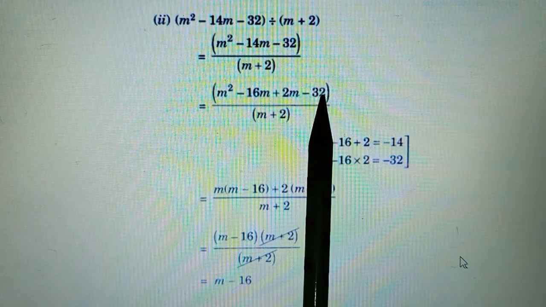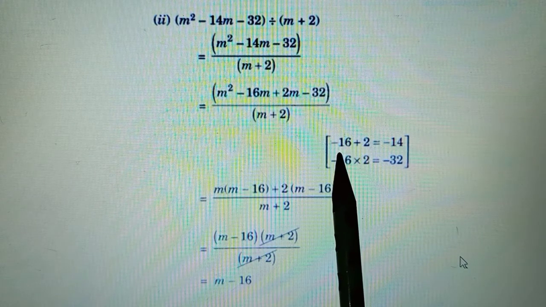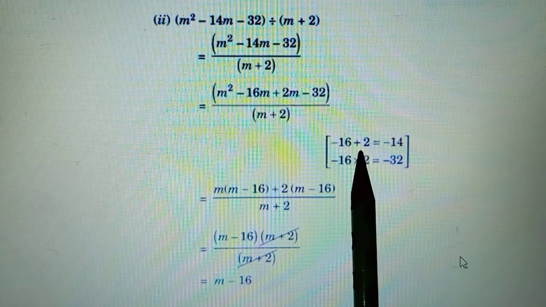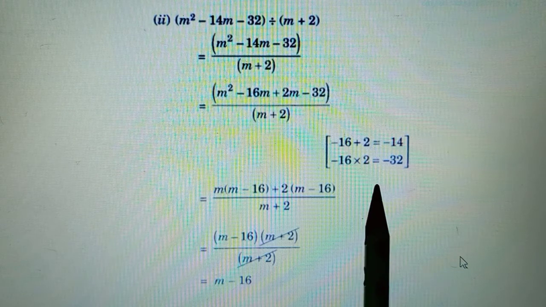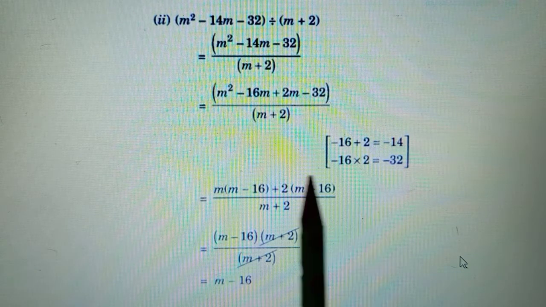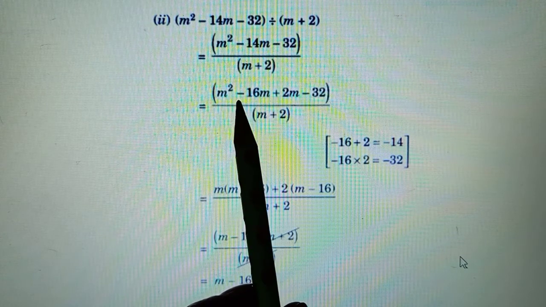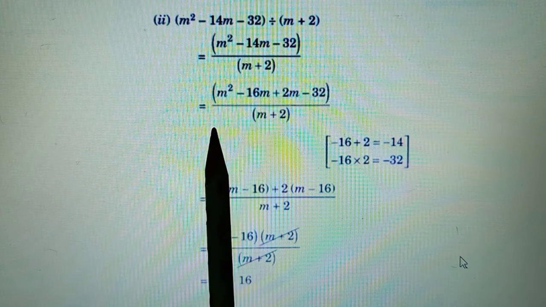So our product was minus 32 to give us minus 14. Factors of minus 32 are minus 16 and plus 2, because that will give you minus 14. Okay, so I hope everyone is clear with how we do sum and product, or the splitting the middle term method. So this minus 14 we'll write as minus 16 plus 2, and now we'll group together from the first